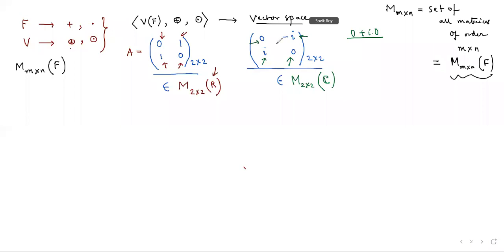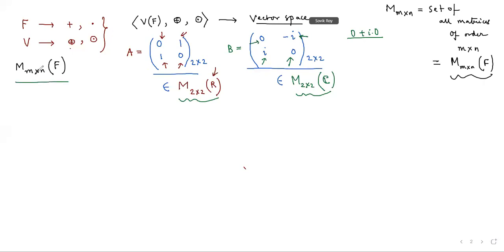So here these two matrices, therefore let us denote this matrix by B. These two matrices are structurally different. This particular matrix is defined on this set, which is defined over the field of real numbers, and this is defined in this set, which is defined over the field of complex numbers. So that is what we actually mean